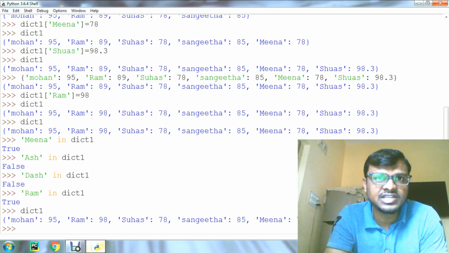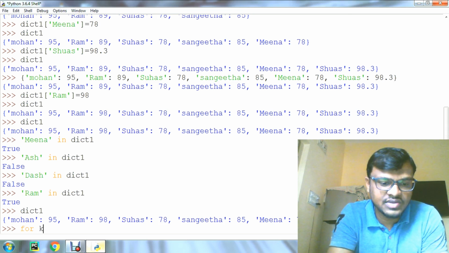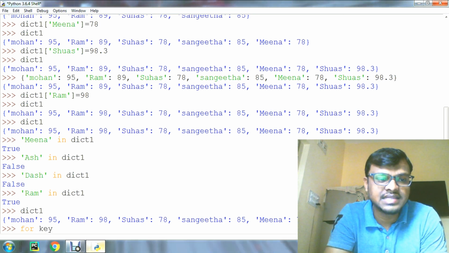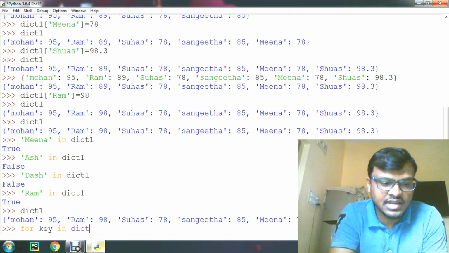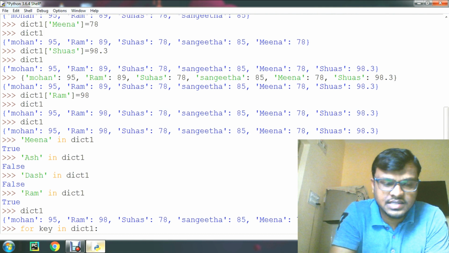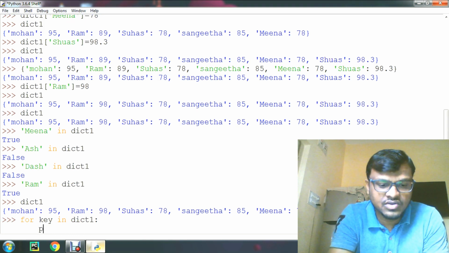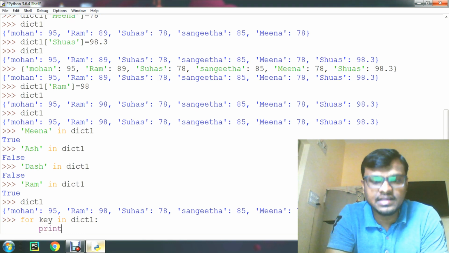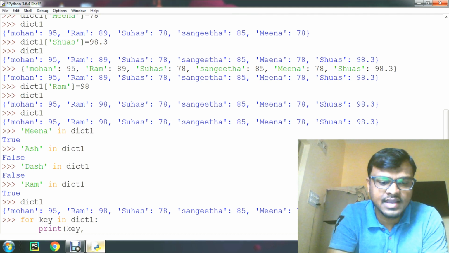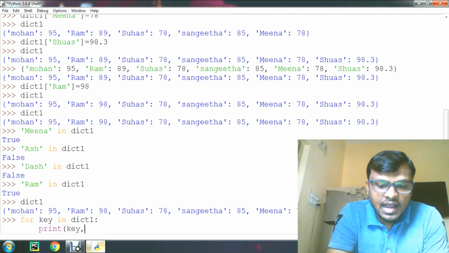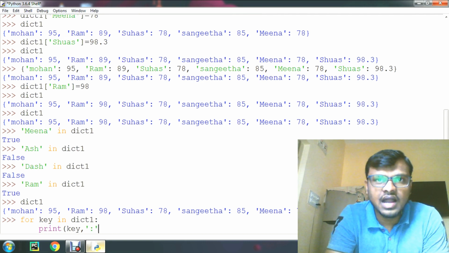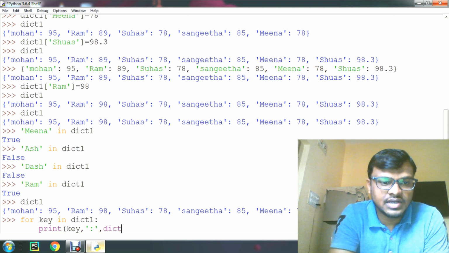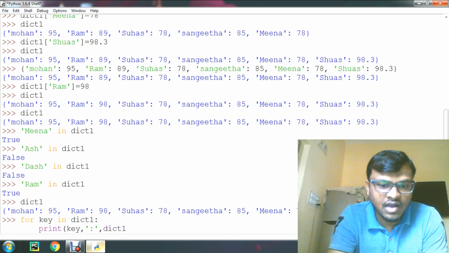Let us check the first method: for key in dict1, and after this statement we should use print of key, separated by a colon, after that dict1 of key.